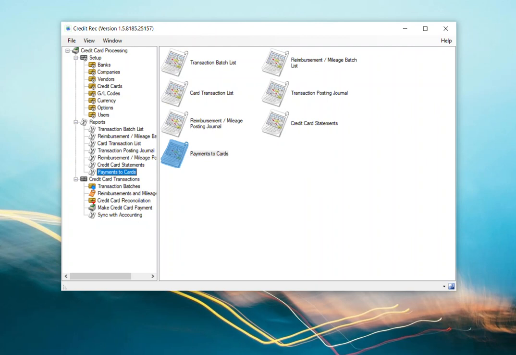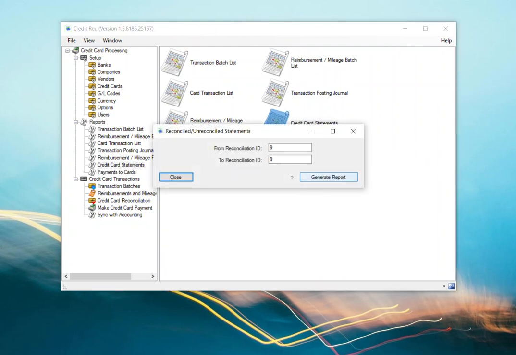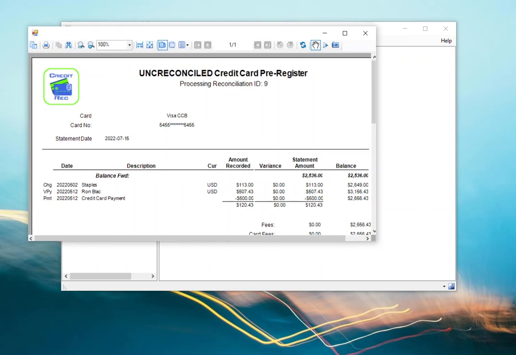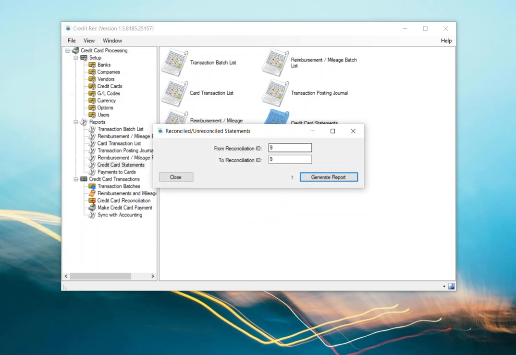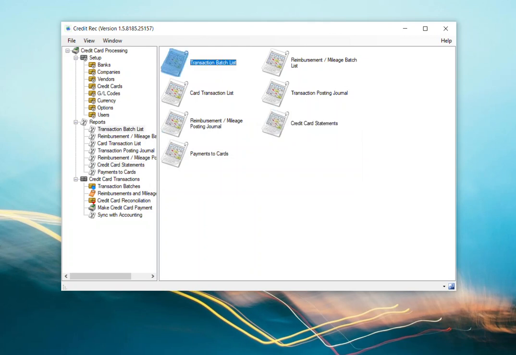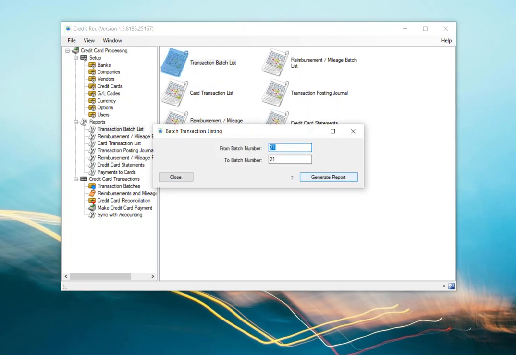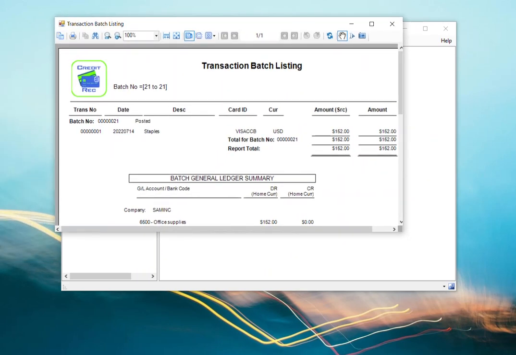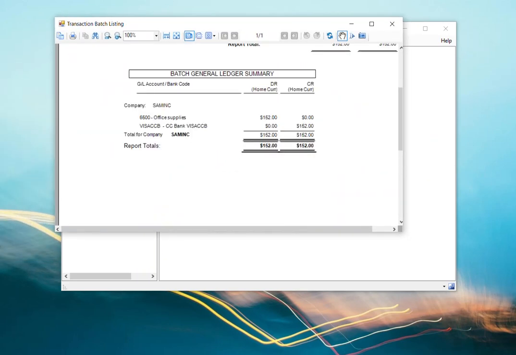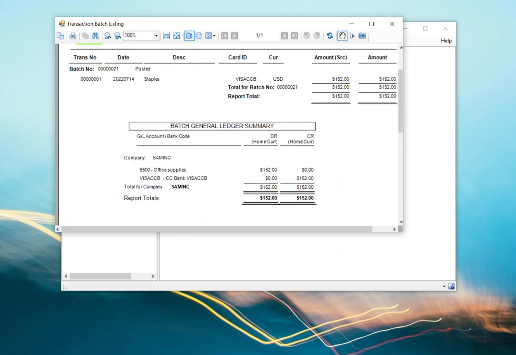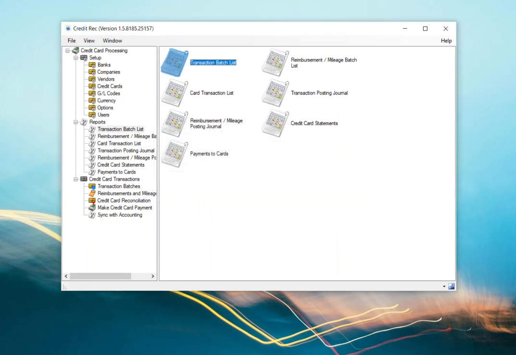You can run your reports, so you can look at the credit card statement at any given time, and generate for the reconciliation, and view everything. If you needed to look at actual transaction lists, I can pick my batch numbers and generate the report. And we also add in the actual GL transaction list, so that you know at any given time from the batch where the expense is going, and which credit card expense or bank account that we're using, that for the credit card it's going to, and so forth. So you can look at all these wonderful transactions,